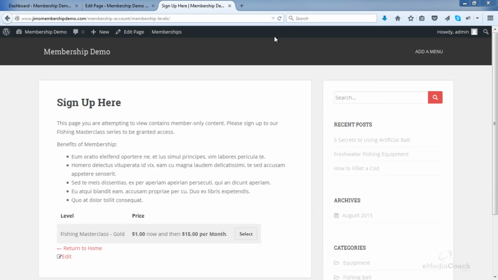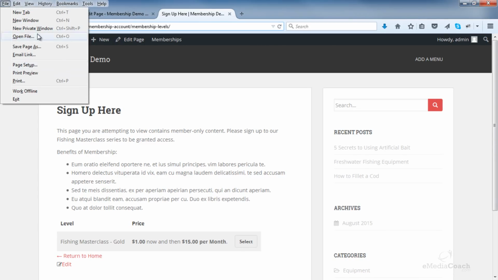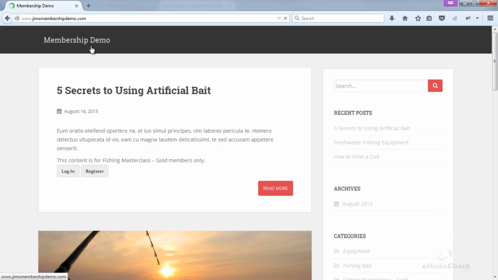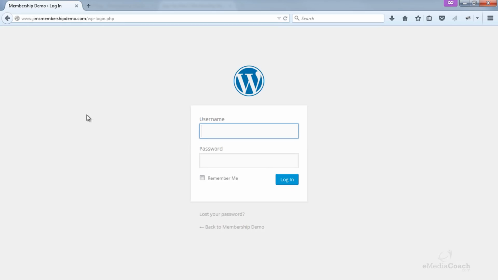There we go. Next, I just remembered I didn't show you what it looks like when a user comes in and tries to log in, or an existing member tries to log in. So I'll show you what that looks like now. They would come to this page here and click on this login button. What would happen is they get kicked off onto this WordPress login that looks identical to your WordPress dashboard login, and to be honest, that's not a great user experience.